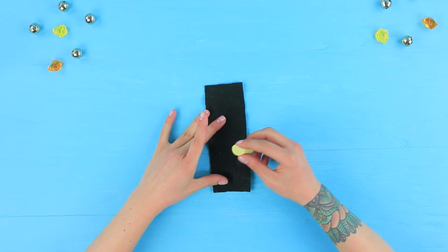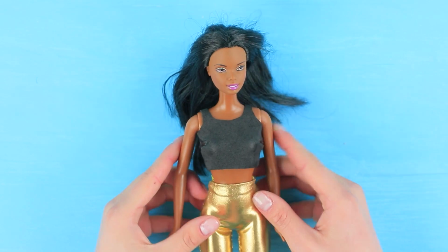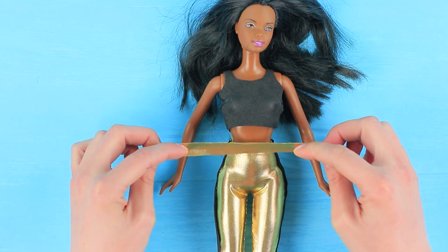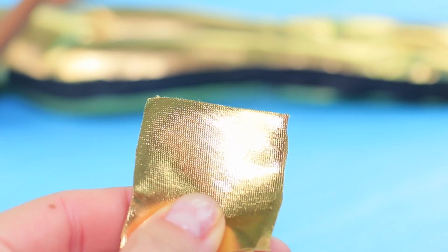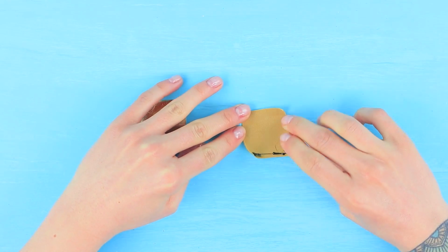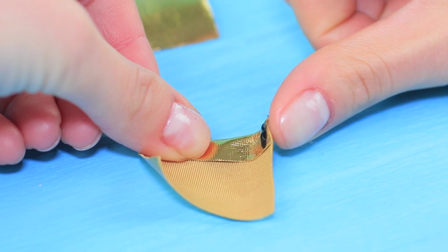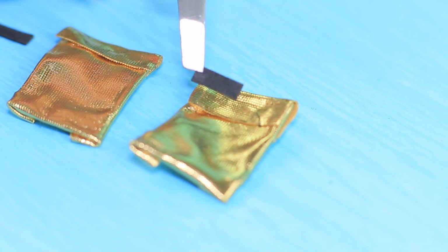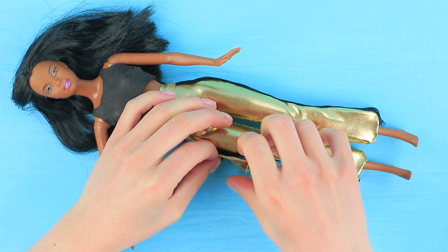Draw a cutout of a tank top on black felt. Cut it out. Hot glue and put it onto the doll. Attach black ribbon to the sides of the pants. Add a gold belt. Make pockets from squares of fabric. Attach strips of a black foam sheet to the pockets and hot glue the pockets to the sides of the